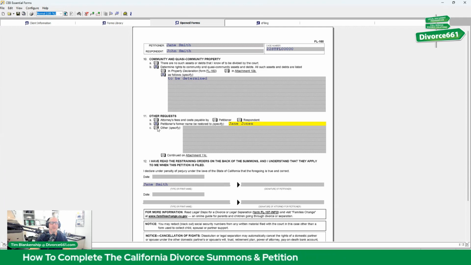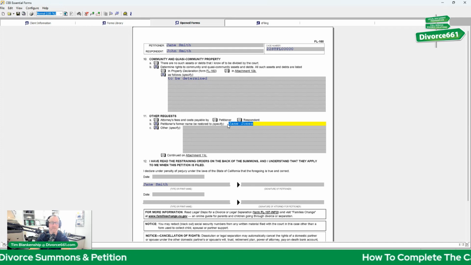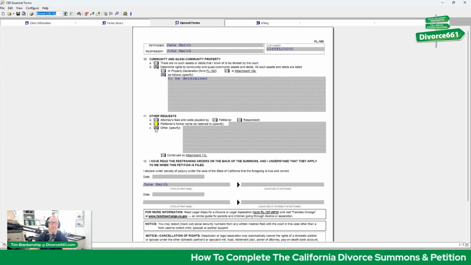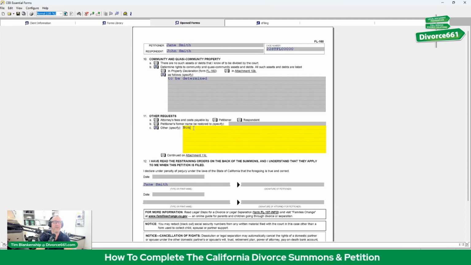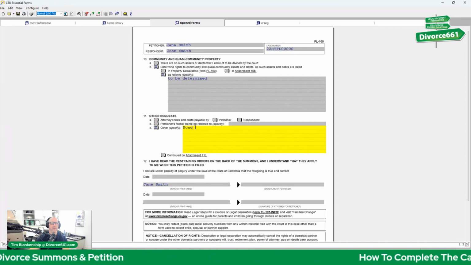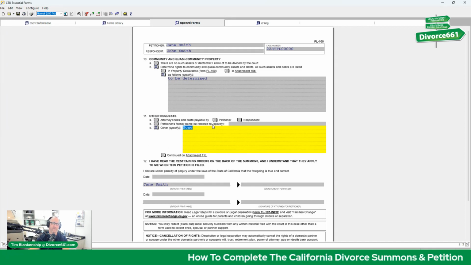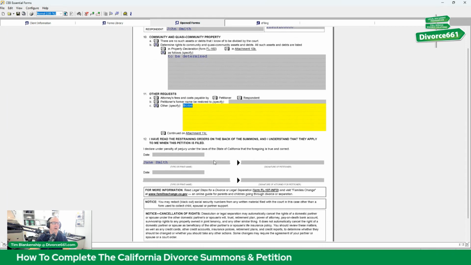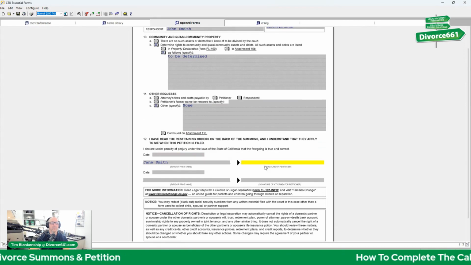Other, we're not usually checking the other box. The only time I really use the other box, to be honest with you, is if we're not checking any of these boxes. I will mark the other box and I will put none, because sometimes some courts, because we do deal with the 50 plus counties in California, they will say, oh, you missed, we're rejecting the petition because you didn't fill out this section, even though nothing applied. So I always just put none in here. Date, your name, and you will sign this. Okay, so that was the